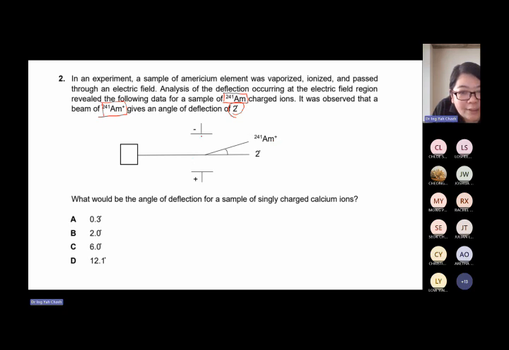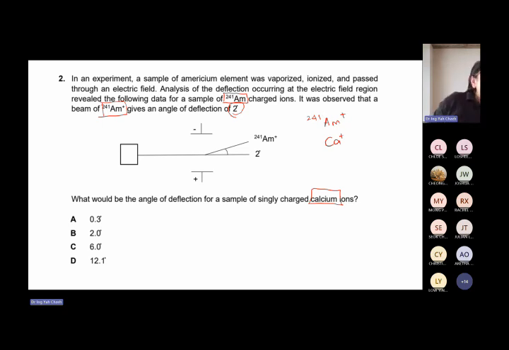Now, why does the cation move to the negative side? Because positive and negative charges attract each other. And then now, what would be the angle of deflection of a sample of singly charged calcium ion? So we are supposed to compare these two now, yeah? First we have americium-241 plus. Now they want you to look at calcium also plus,